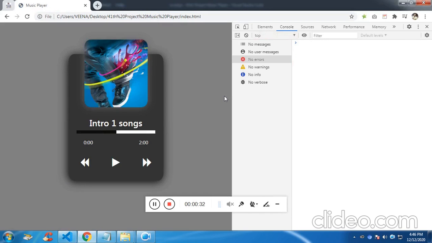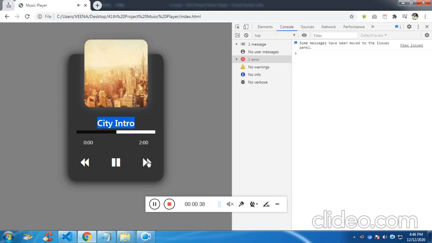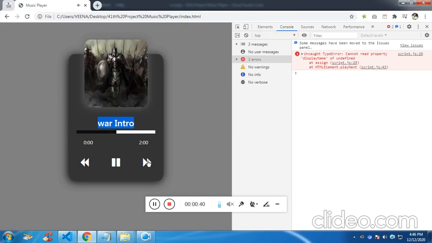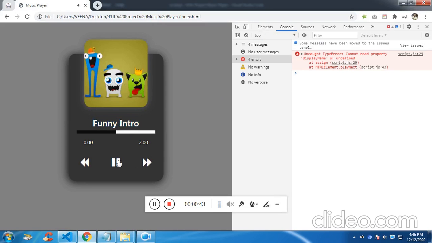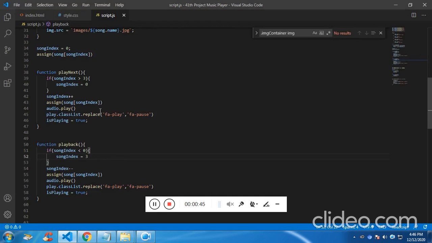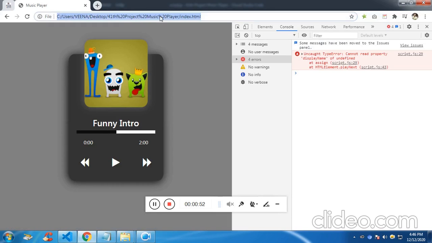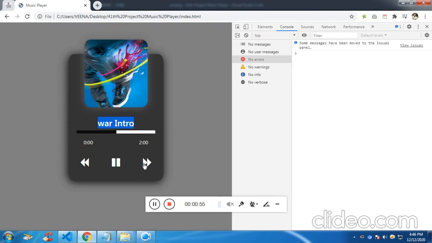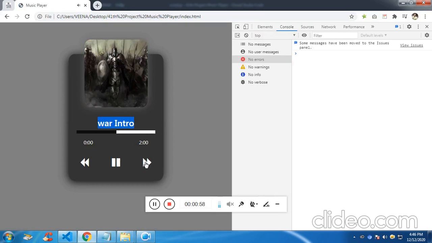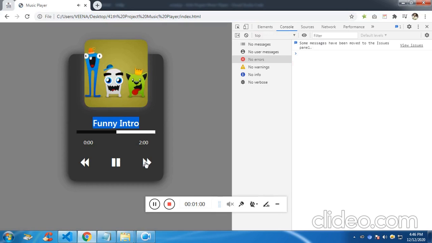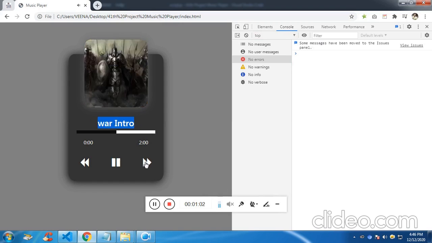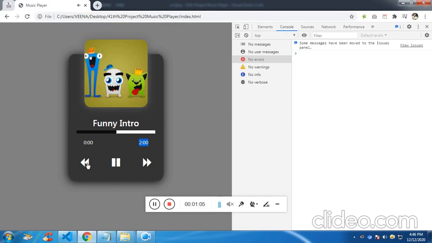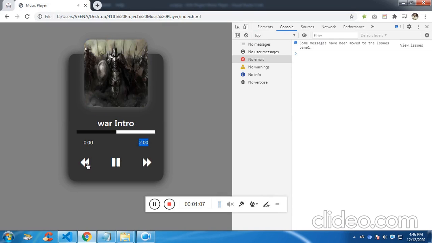What I need is, I want to loop again once it reaches the greater than equal to intro song, war, funny, again. So we keep on looping it the same way. First song,